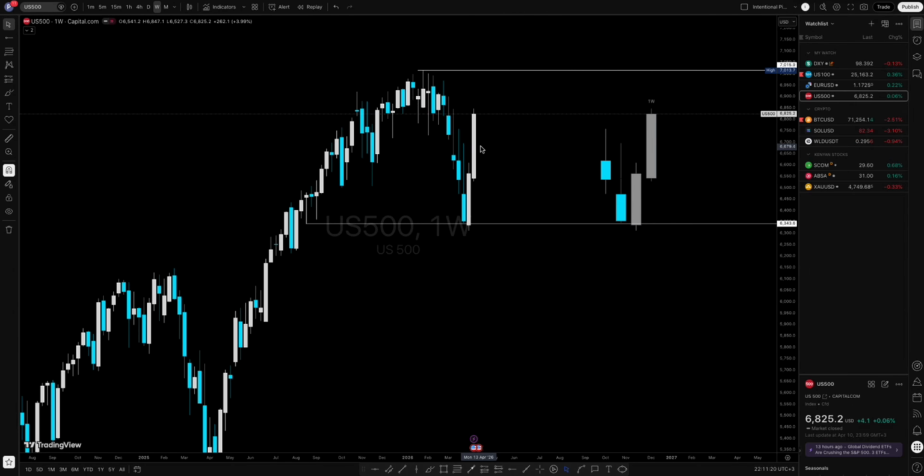When we look at the seasonality, stocks tend to be bullish towards April and going on up to, let's say, even September. But currently you can see that